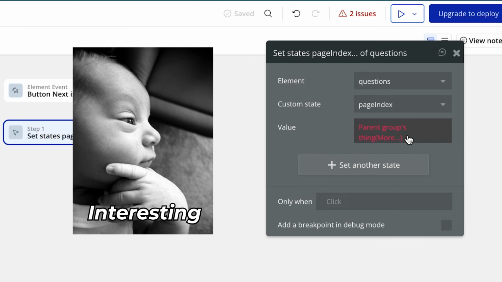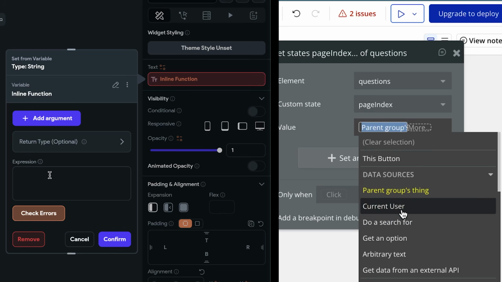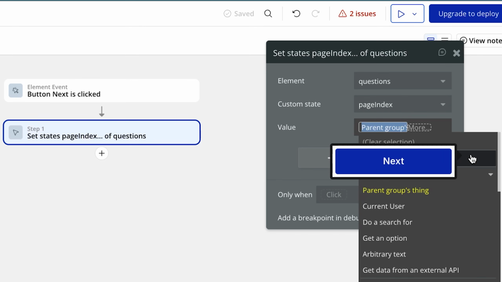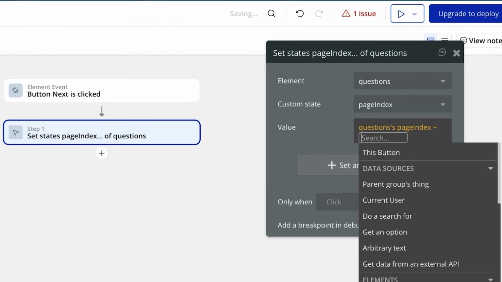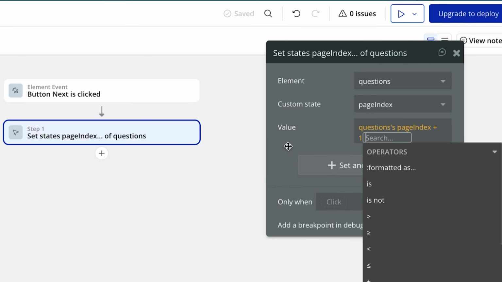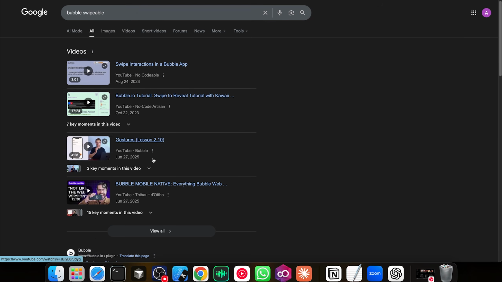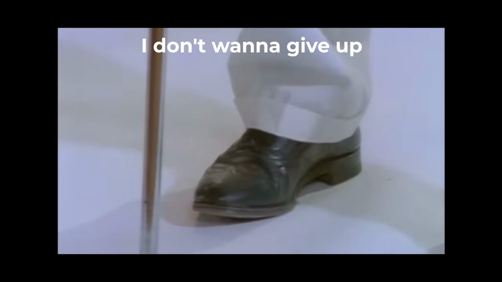It's an interesting approach. I can't say if it's good or bad, but it's basically like having inline functions all the time in your value section. So we'll do questions page index +1. Does that really work? That's something. I like it. Okay, now that we have widget state figured out,